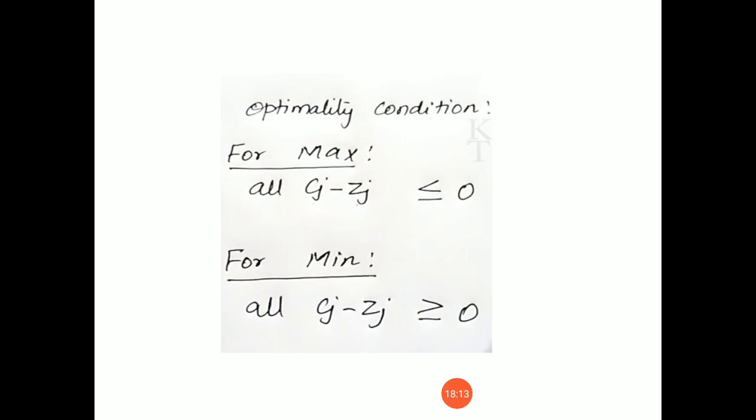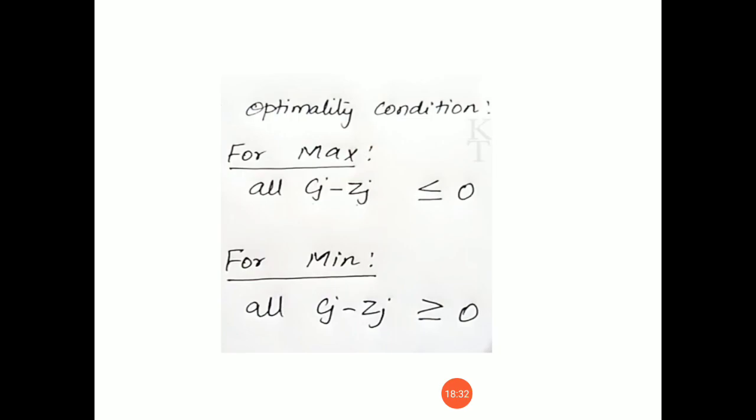If they are less than or equal to 0, meaning they are equal to 0 or a negative value, then we have reached the optimality condition. Otherwise, we have to proceed further. And for minimization type,